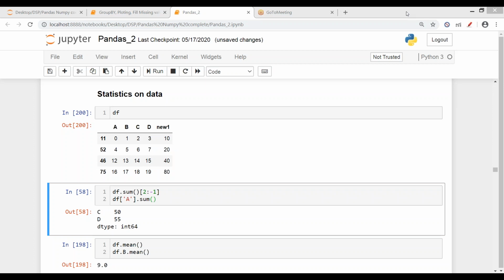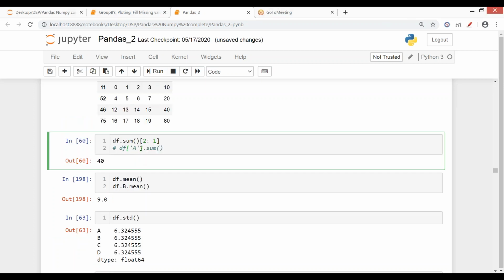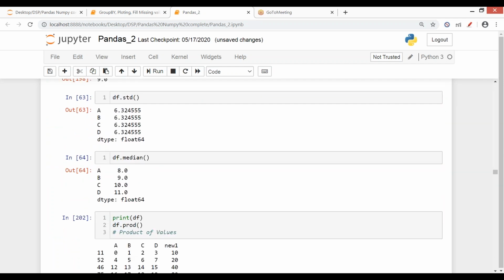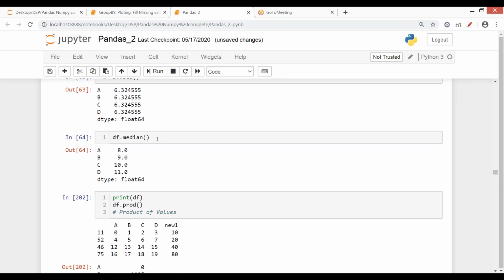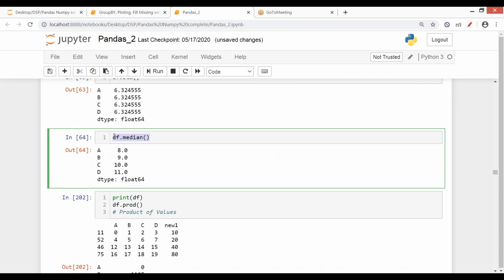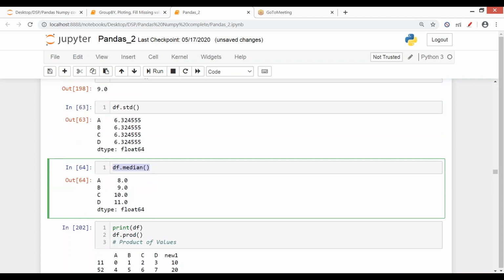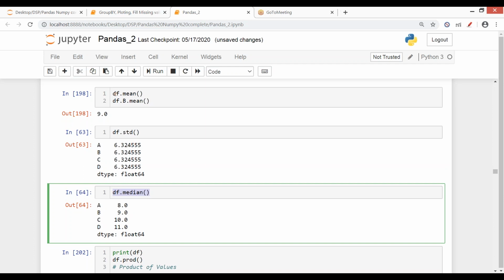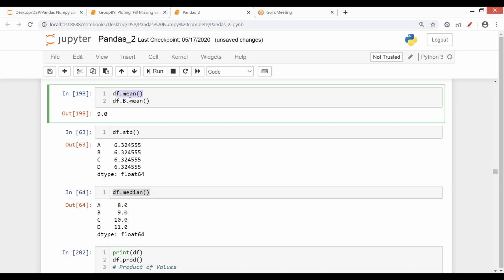Okay, then moving on. Similar is the mean command, which we have already done. Standard deviation, median, we have done them, right? Or we haven't? I think we did. Same hai, just like in NumPy. If we are doing mean, then this command is giving me the mean value, and specifically you can just give in a column name, and you get the mean of that column name.